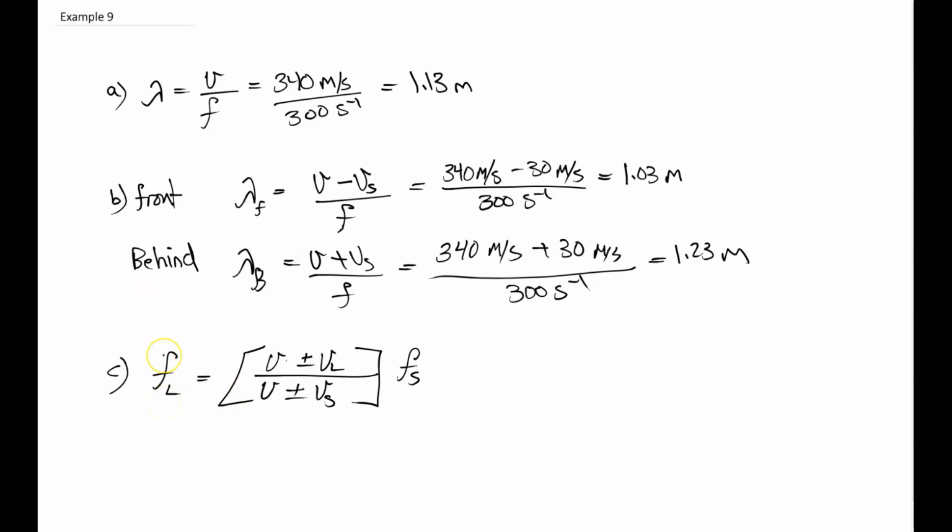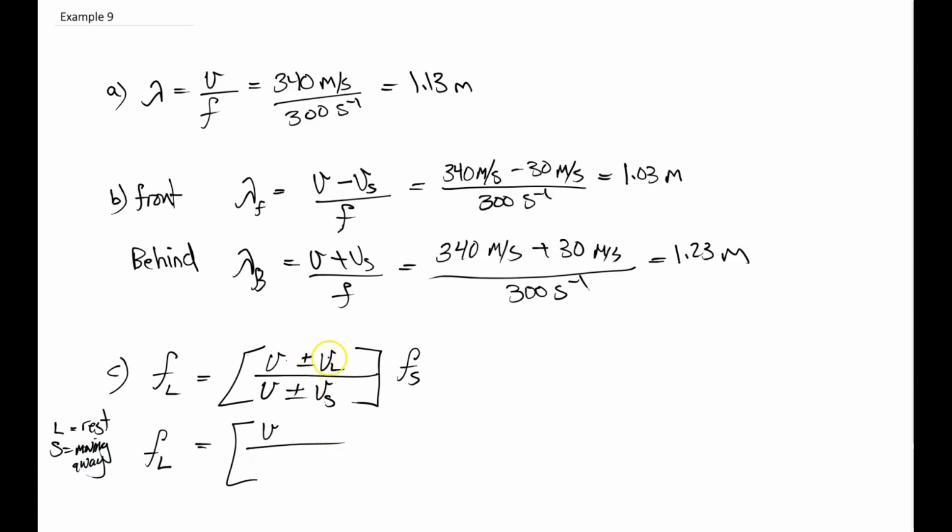So for the first part, we're saying that the source is moving away from the listener. Moving away from the listener means that Vs is going to contribute a shift down in the frequency. It's going to get fainter as we go along. So in this case, F sub L for listener at rest and source moving away would be